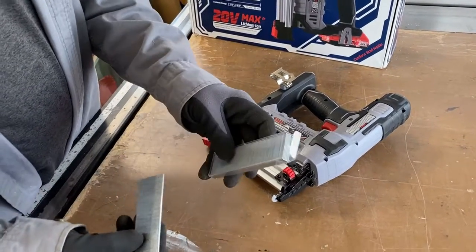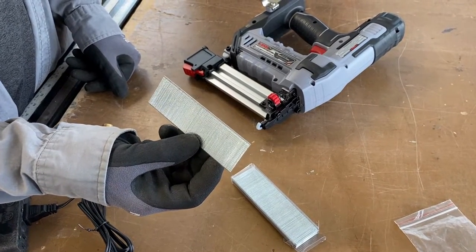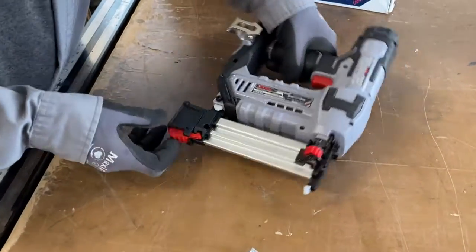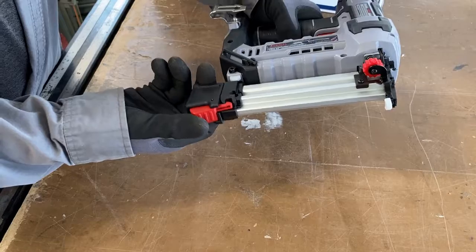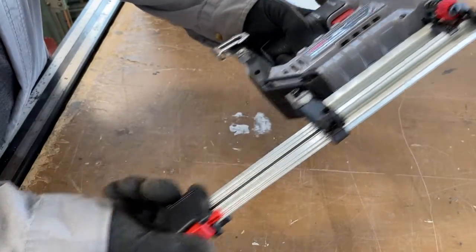All right, so it comes with 1,000 nails. These nails are 1 3/8 inches, so that's the max length of nails you can put into this gun. So they're giving you the longest nails. So you just grab onto this little red trigger here or pin, you just click it up, pull it out,